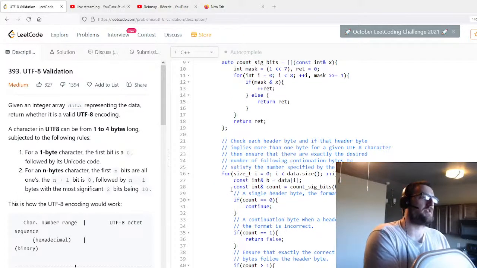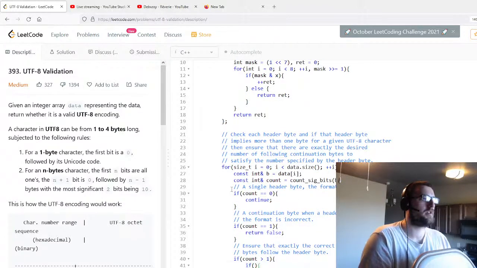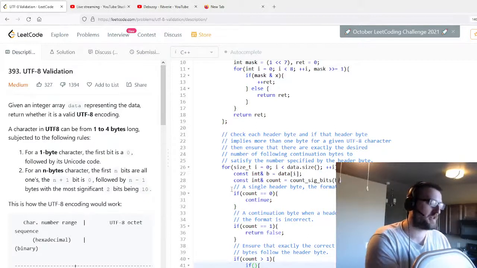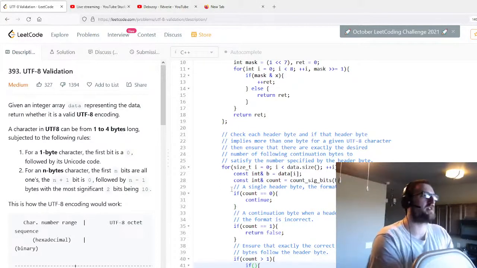So if, it goes like this, if, then return false, and then otherwise, so we're going to do 2 checks, right? The first check is if there aren't enough bytes to process. So it would be something like, if there aren't enough bytes to process, that means that if